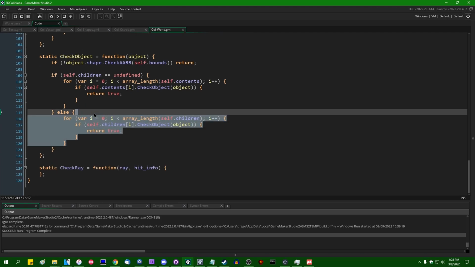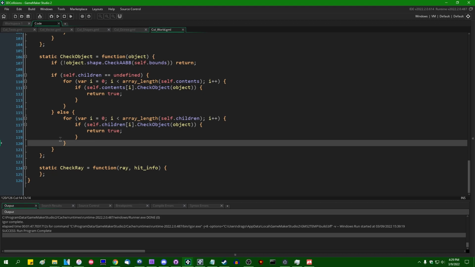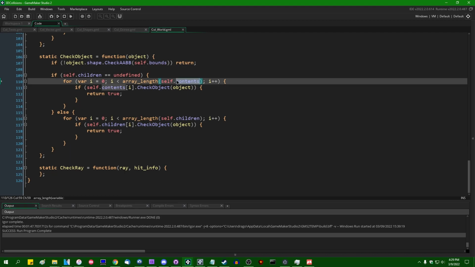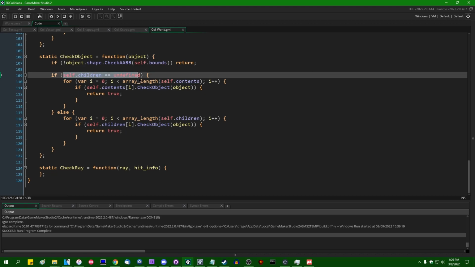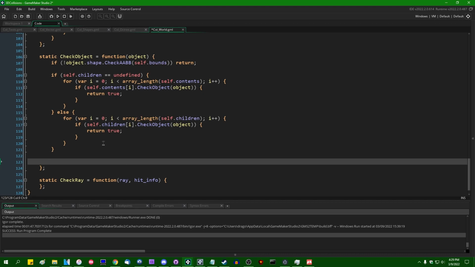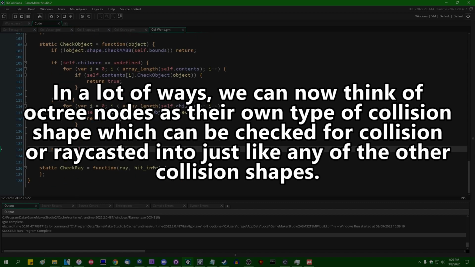All right, the if and the else sections of this branch look very similar. It's just a different array that we're checking, depending on whether or not we're a leaf node or have subdivisions to investigate further. There are ways you can tidy this code up a little bit. You could just do a single loop over a different array depending on whether we've subdivided, but not going to go that far. Anyway, if neither of these things return true, then we can return false, because there is no collision with anything